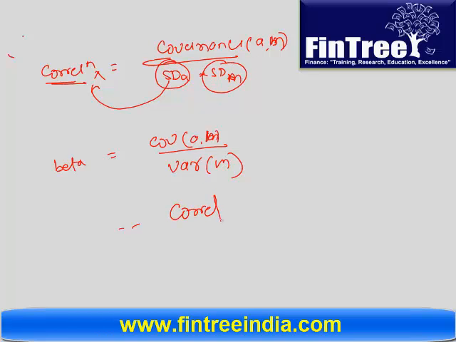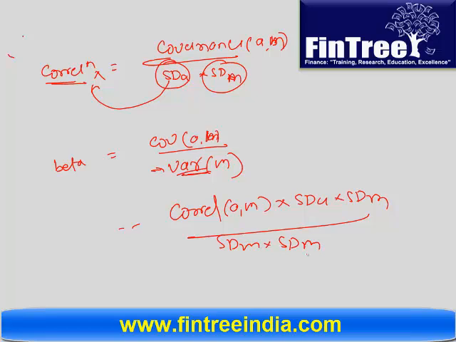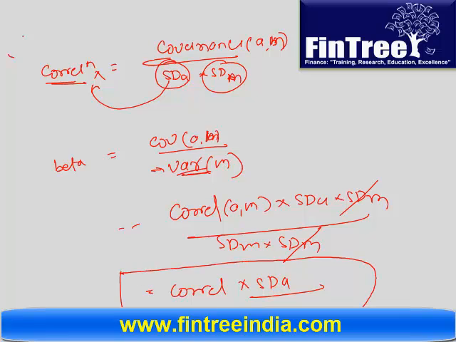So here, correlation between security A and M into standard deviation of A into standard deviation of M, divided by variance of M, which is nothing but standard deviation multiplied twice. So we can eliminate these two M. And then what does it give us? It gives us correlation into standard deviation of security A divided by standard deviation of market. So this is the formula we need to use. Are we clear here? So write down below this